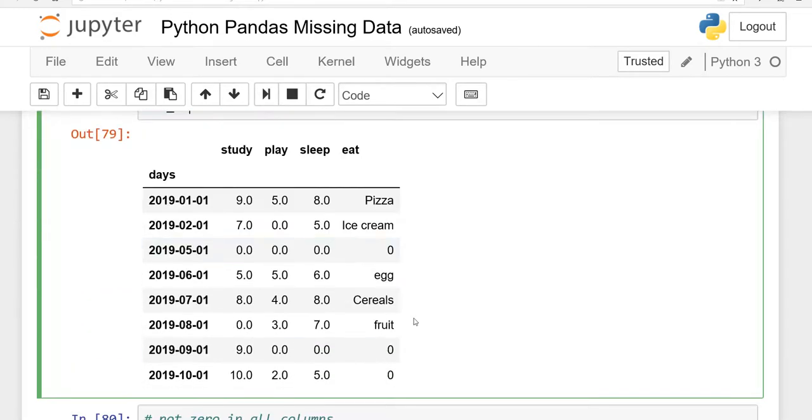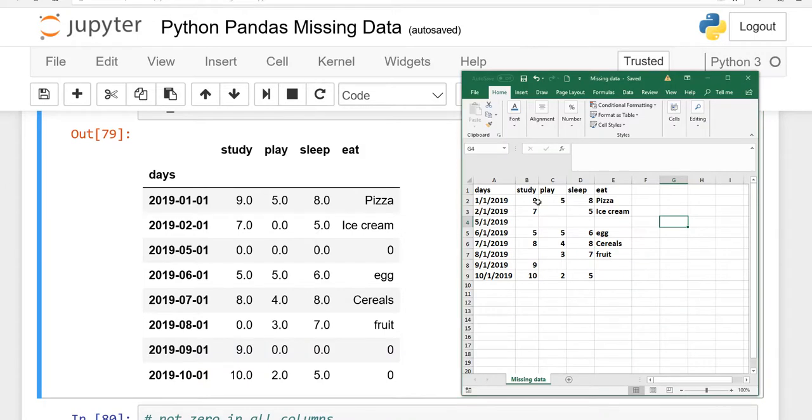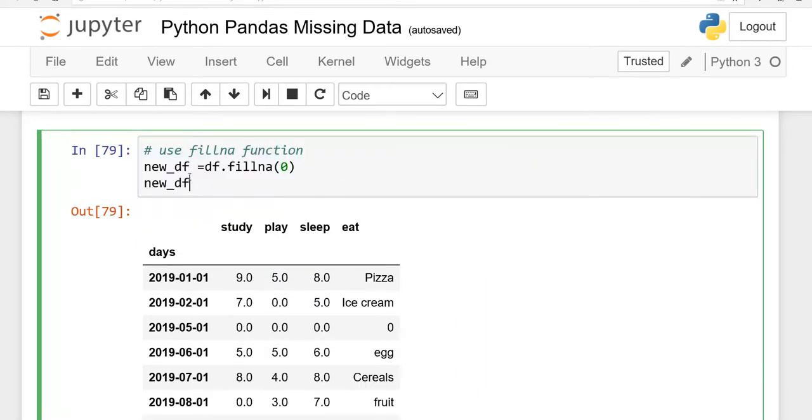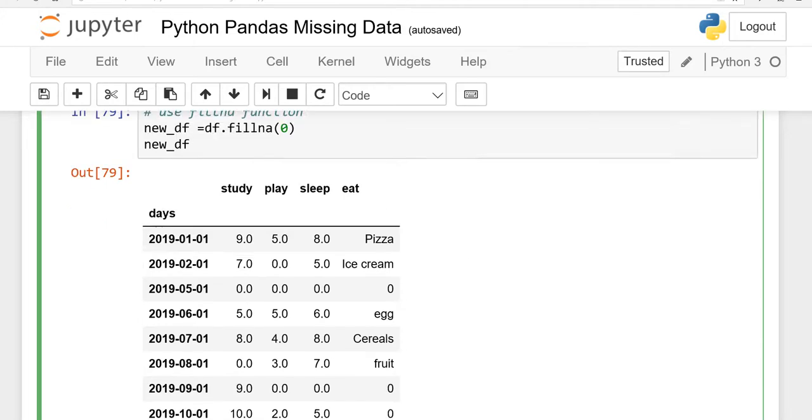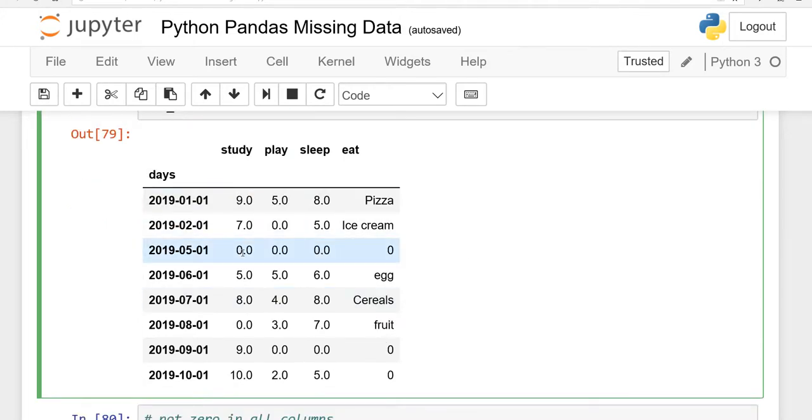See here, this is our new data frame. Here, there is no number, the system has made it 0. Same thing after 8, 0. Here is 0 0. We did this with the help of df.fillna(0). But see, here is one thing. Hours is 0. Say I didn't spend any time on January 5th on study. Same thing for play, I didn't play anything. I didn't sleep, so 0. It does not make much sense, but it is okay.